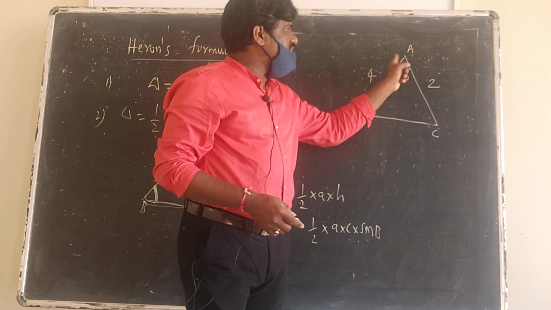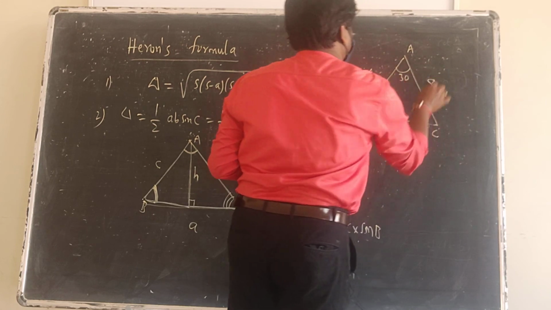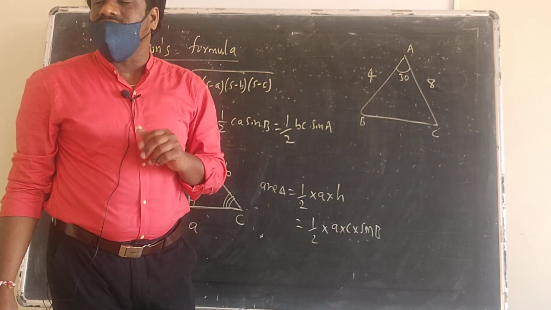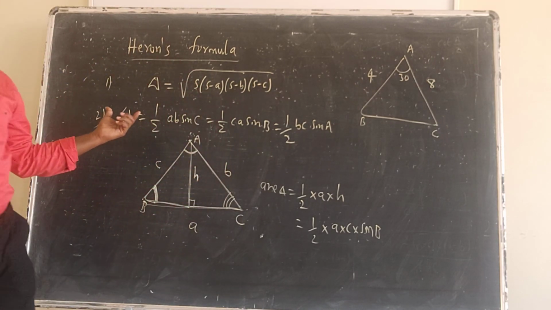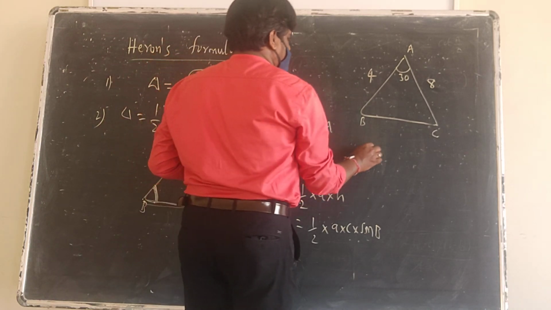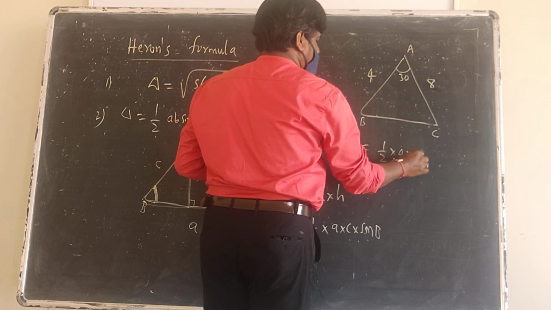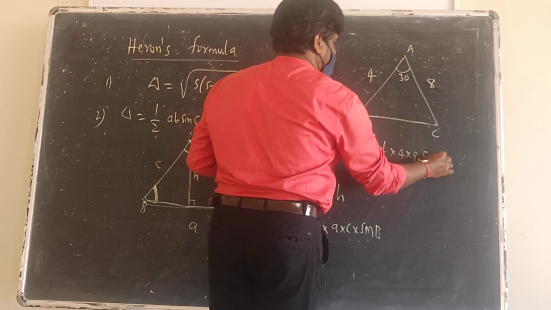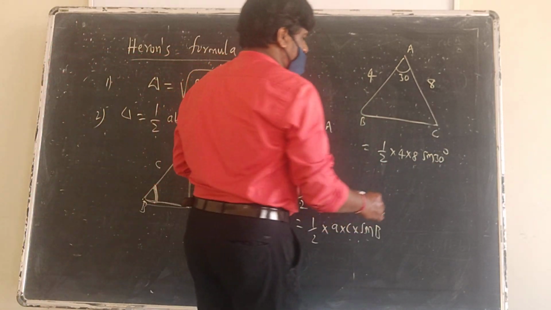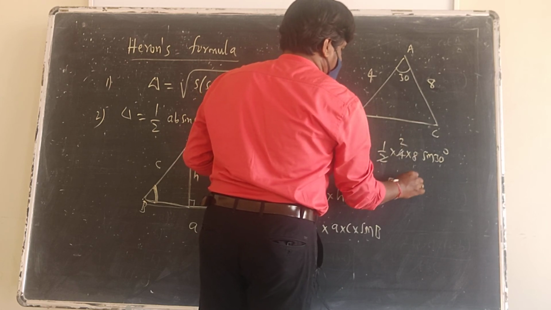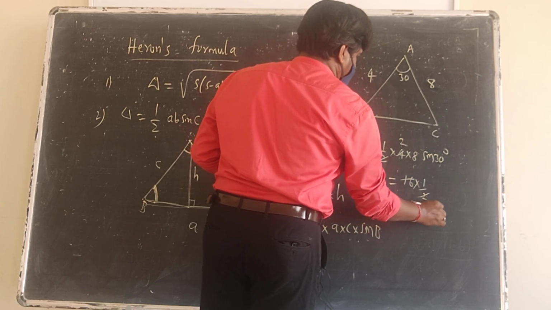What is the area of this triangle if they given this side is 4, this side length is 8, suppose, whatever it may be, and the angle A given, then what is the area of the triangle? Using this formula, what do you write? See, listen to me. What do you write? Half into the product of these things, 4 into 8 into sine 30 degrees. That is what I am telling you. So what do you get here? 2 to cancel out, 8 to the 16 into sine 30 degrees is half. So if it is cancelled, 8 square units is the answer.